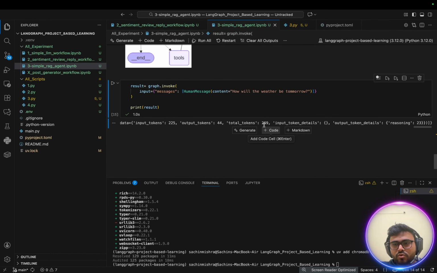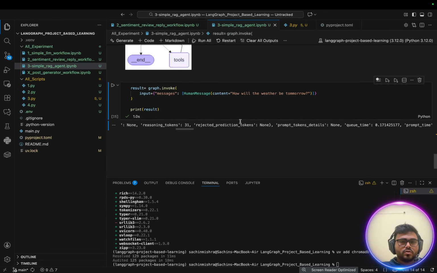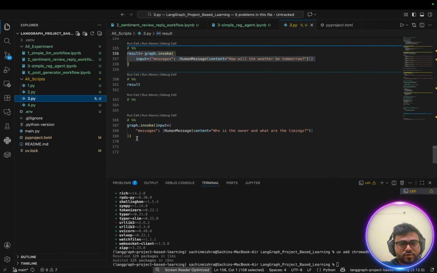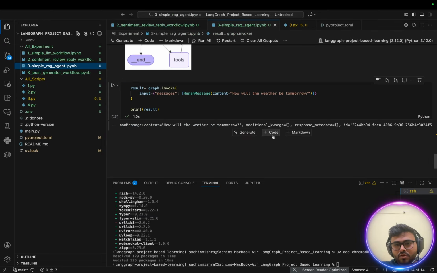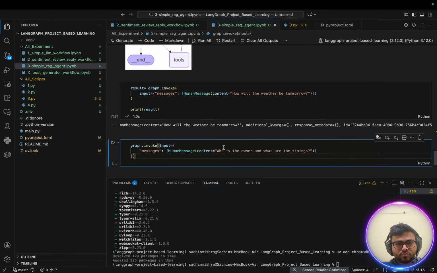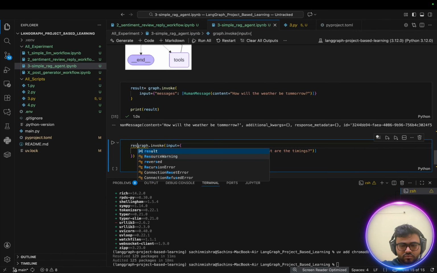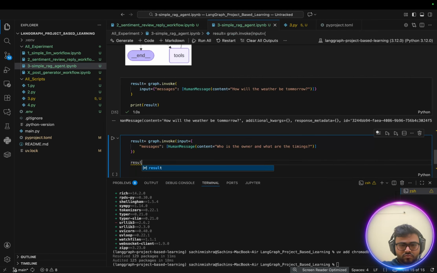Okay, so this is how our final result is, right? At the end when you go, you see all the tokens and everything, you will be able to see it properly. Okay, cool. Now let's take one more example, and this time I will ask the question related to Peak Performance Gym only, and let's print the answer. I'm asking who is the owner and what are the timings. Okay, let's run this,